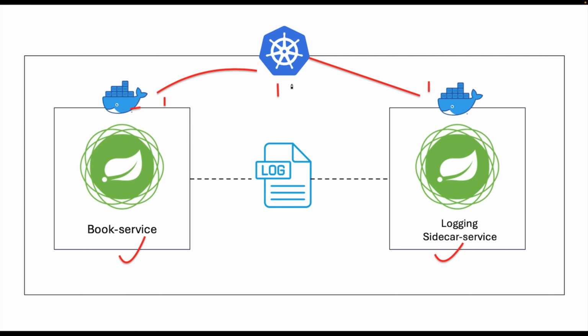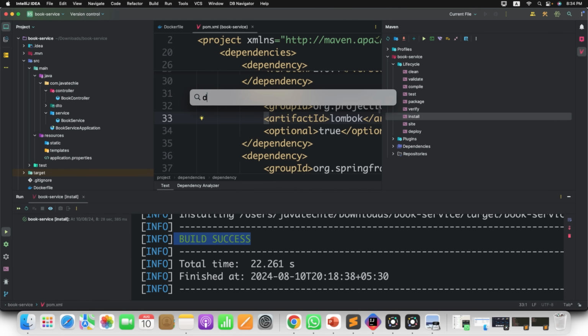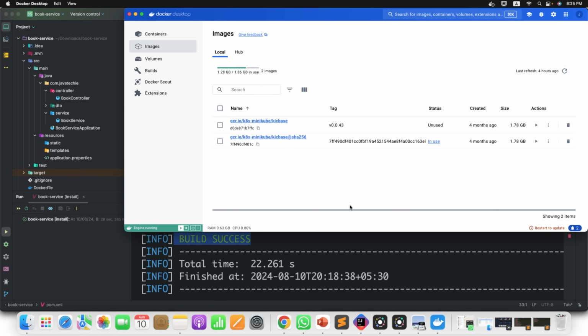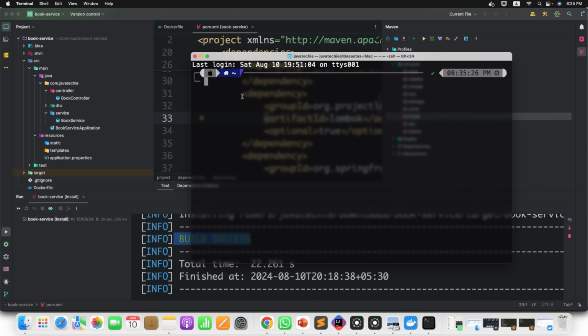To start Kubernetes, just go to the code and let me open Docker Desktop. So once this is up, immediately you can open the terminal, and then let me zoom this for you. You can run minikube start,